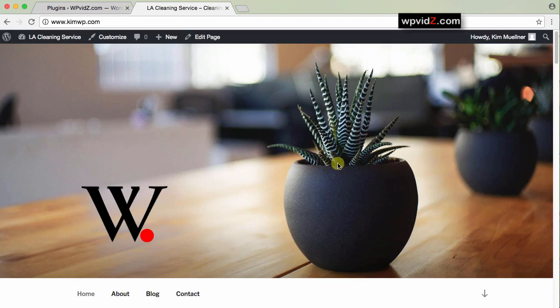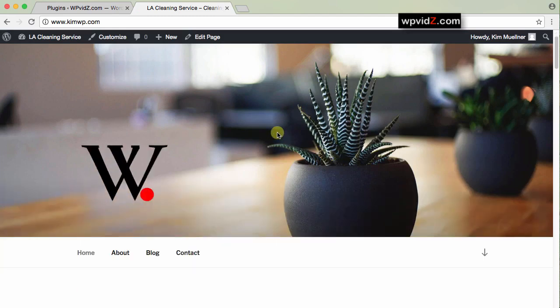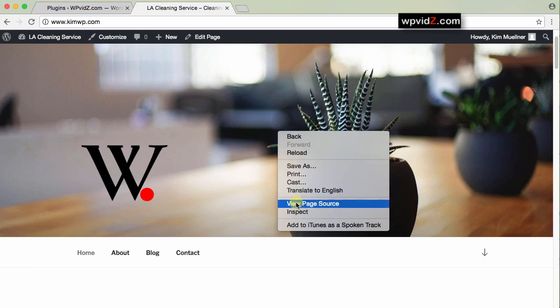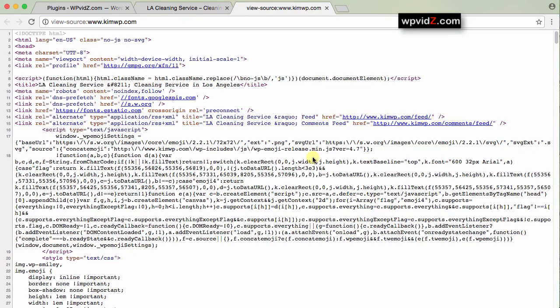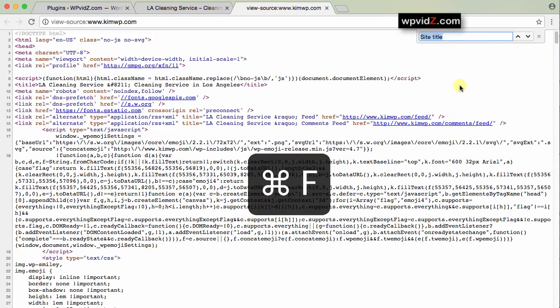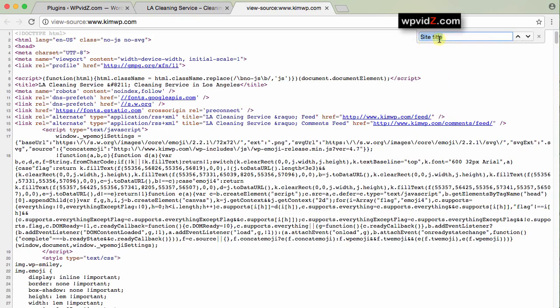And then right here, somewhere, we can right click with Chrome browser and view page source. Then Command and F on Mac or Control and F on Windows, and we type in site title. And look for it, and if there is no site title there, then we can just look for title. And as you can see, it's now highlighted, and we have this site title that we just typed earlier,